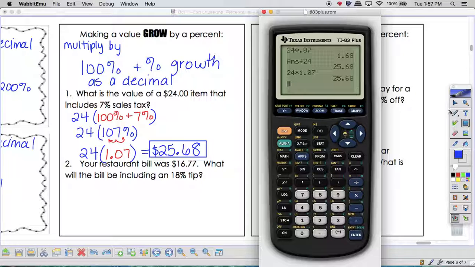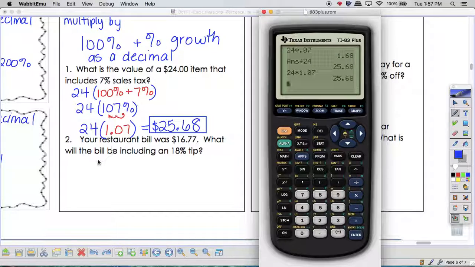Okay, so let's try another one. Your restaurant bill was $16.77. We want an 18% tip. So I've got the $16.77. To include the 18% tip, when I multiply, I'm going to multiply by 100% plus 18%. Okay, so what would that be? So I'm going to multiply by